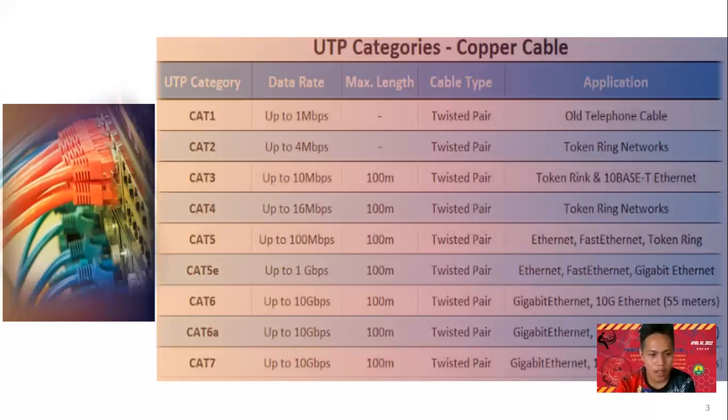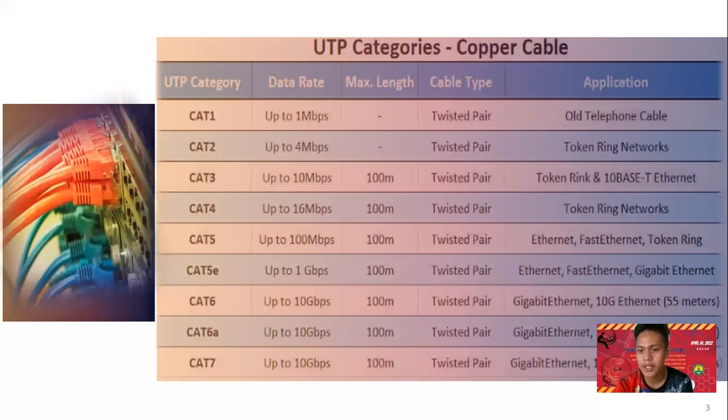So as time goes by, it is upgraded into Cat5e, up to 1000 Mbps, or gigabit per second. So 100 meters, twisted pair, Ethernet, Fast Ethernet, and Gigabit Ethernet. So Cat6 is up to 10 gigabits, 100 meters, twisted pair, Gigabit Ethernet, 10G Ethernet up to 55 meters. So they improved it into Cat6a, up to 10 gigabits per second, 100 meters, twisted pair,